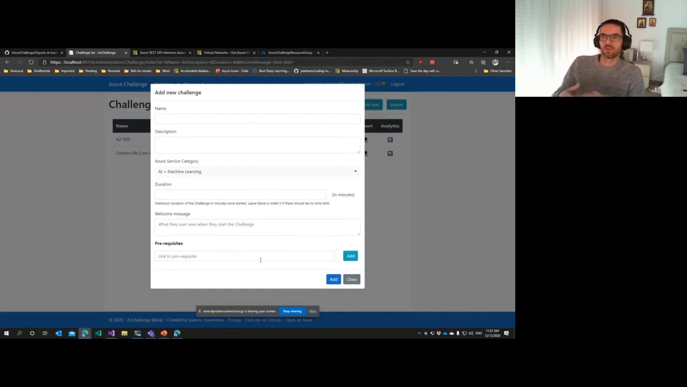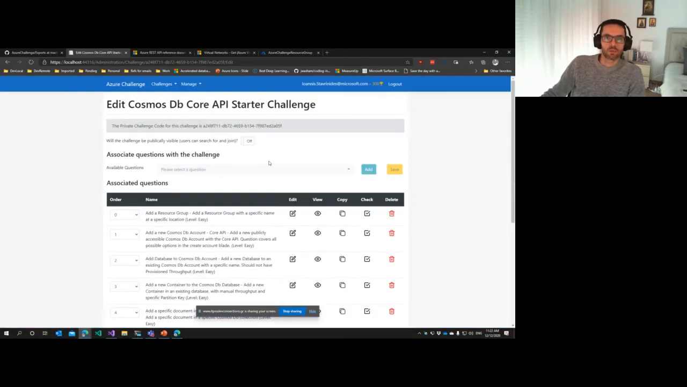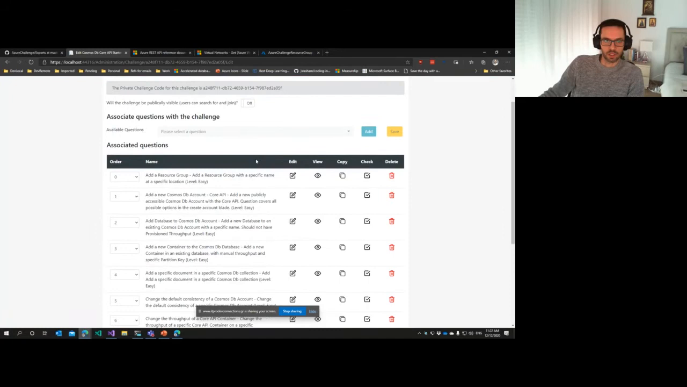So what would the user need to look for from a content perspective before they start the whole thing? This could be a Git repo with a bunch of links that they need to go through, because it's an advanced challenge. So you need to go through the level 100 or 200 things before starting the challenge itself. So if I go here and look at what a hydrated question looks like,